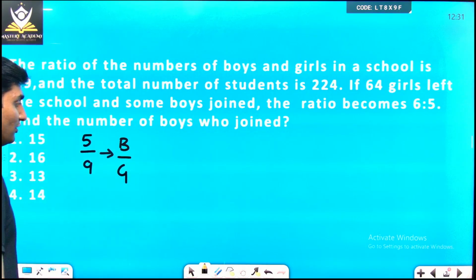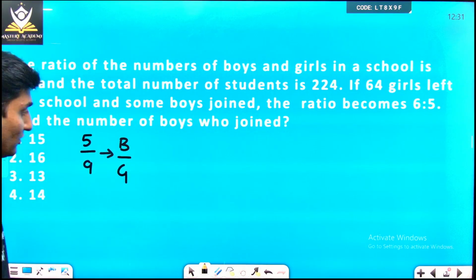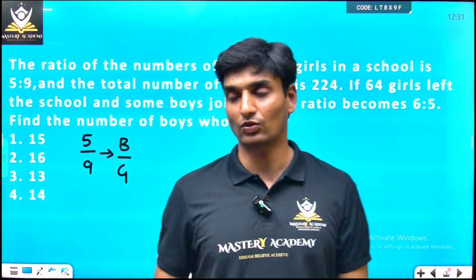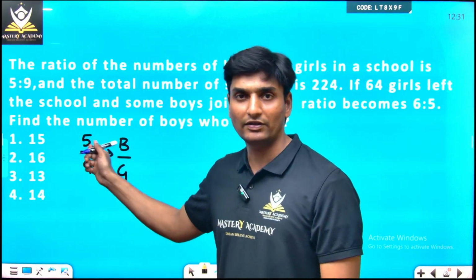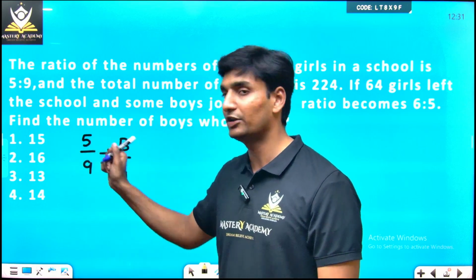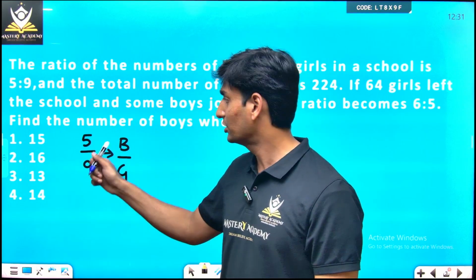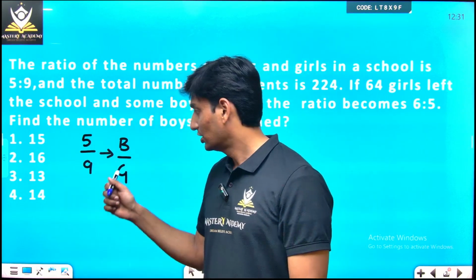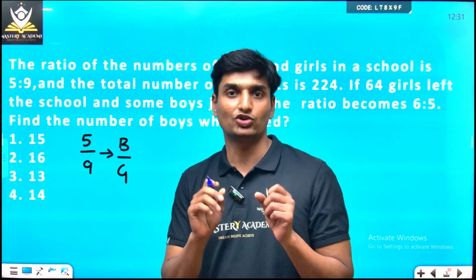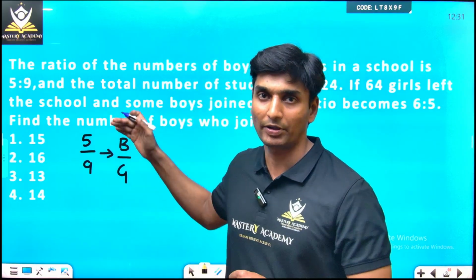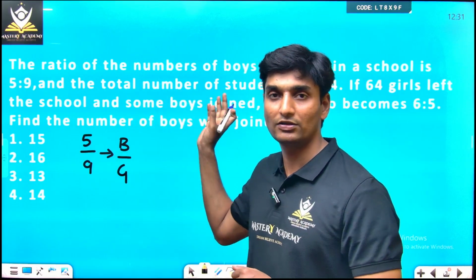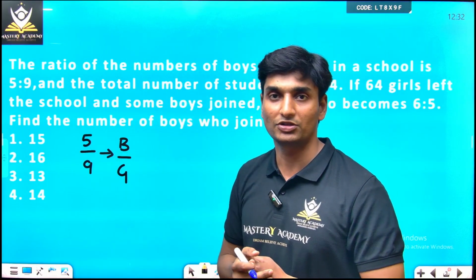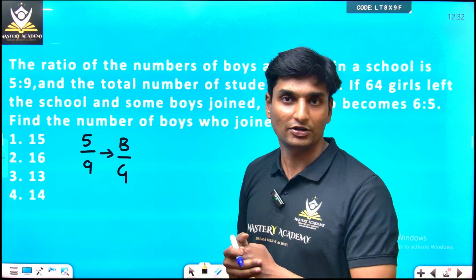Now remember, whenever a ratio has been given, in an MCQ based question, if you want to solve ratio and proportion questions, you can directly take the values. The number of boys can be 5 and the number of girls can be 9, because a ratio is nothing but the minimum comparative value. But here a new ratio has been given and the total number of students has been mentioned, so we are going to go with a different format.